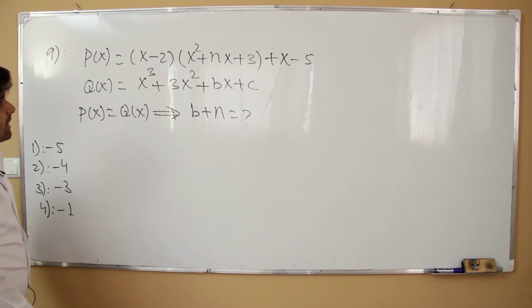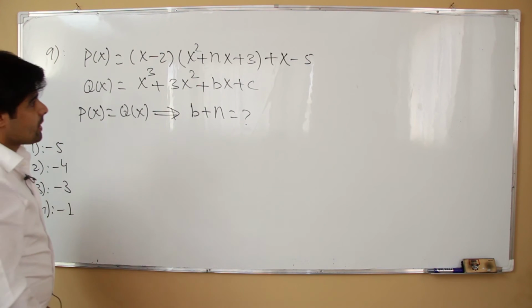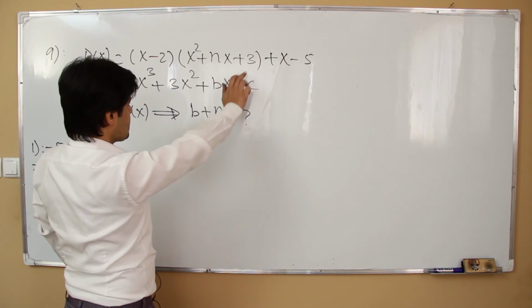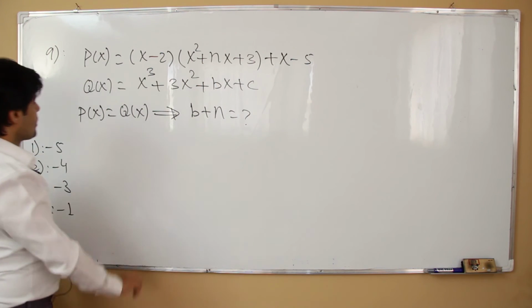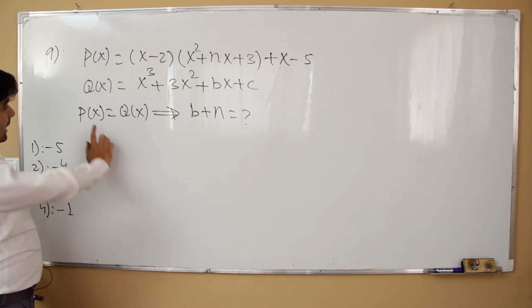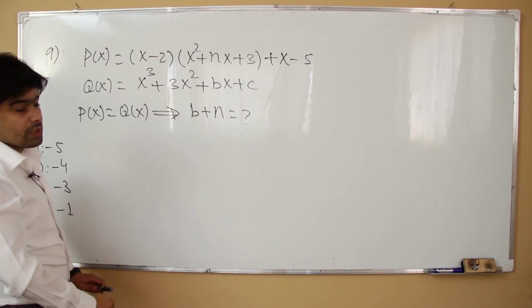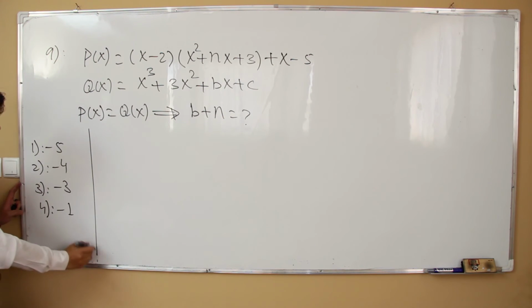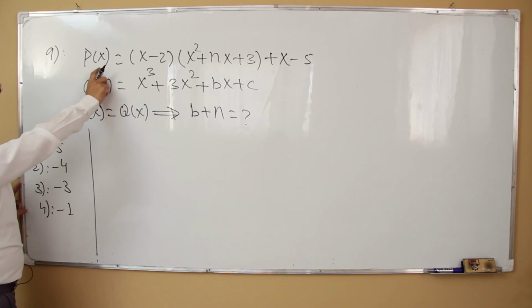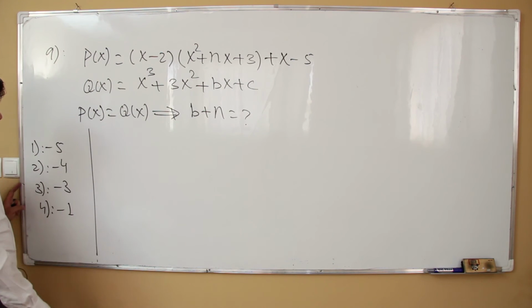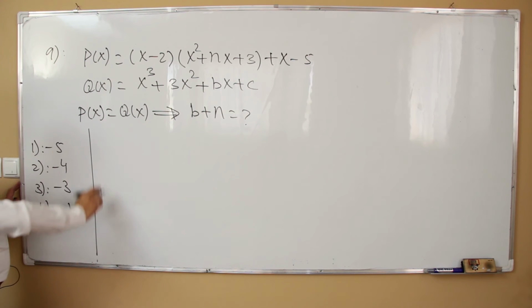Question number 9. P(x) is given: (x - 2)(x² + nx + 3) + x - 5. Q(x) is given like this one. Now P(x) is equal to Q(x), then find b + n. How can you solve? The polynomials P(x) and Q(x) are equal. Now if they are equal, first